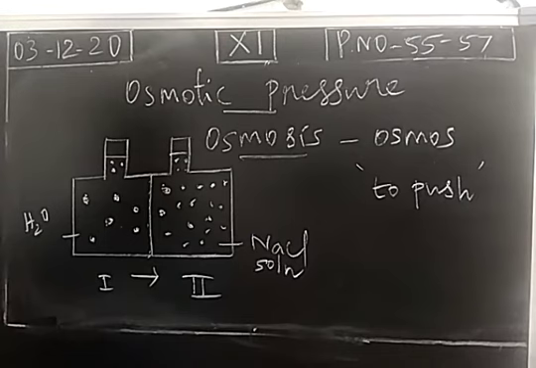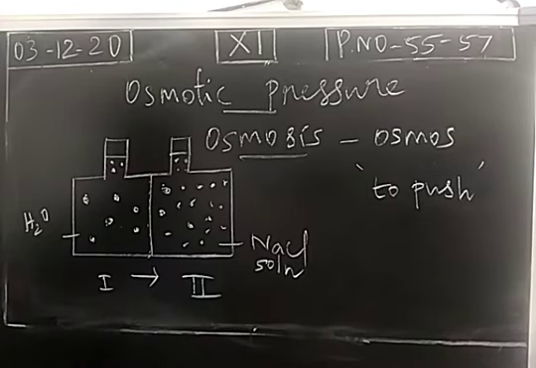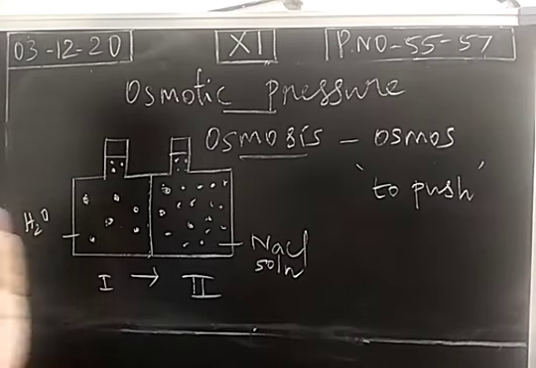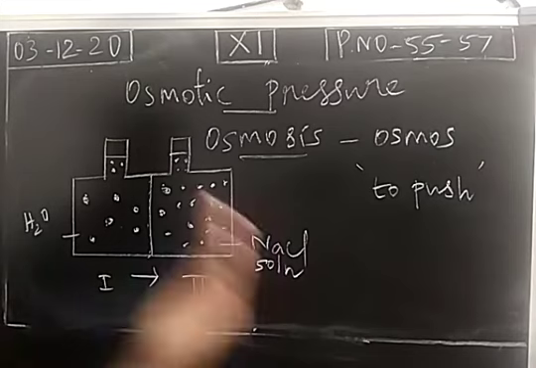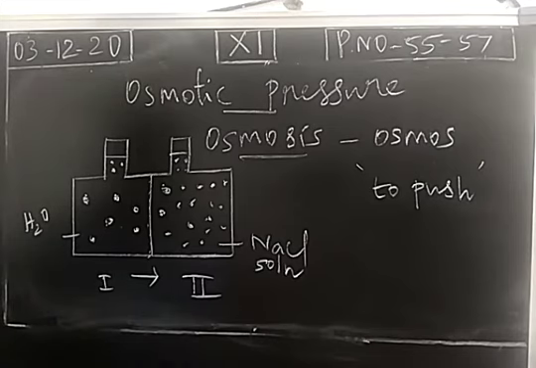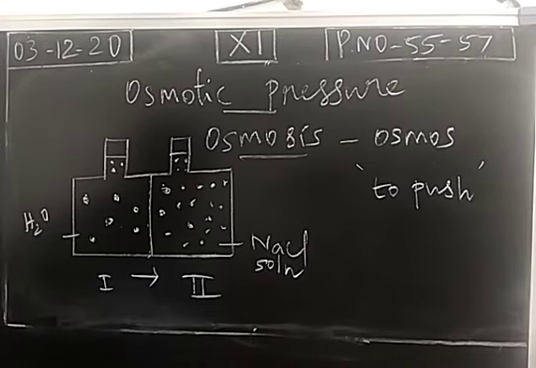And as I told, the membrane is highly selective in nature. Based on the solvent as well as the solution, we have to take a particular membrane. Each membrane has pores with a particular size. All the molecules cannot pass through it. Certain molecules alone can pass through it. This is highly selective. Okay. So the solvent molecule is moving from left hand side to right hand side, first compartment to second compartment, and sodium chloride cannot pass through. The membrane will not allow sodium chloride from the second compartment to the first compartment.